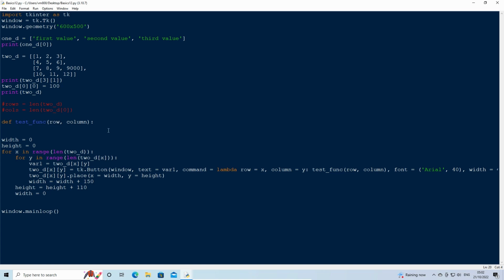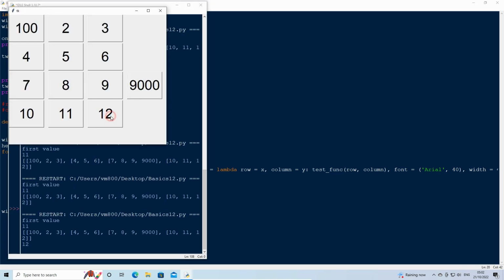Now type print(2_d[row][column].cget('text')). What this code does is it prints to the shell window the value of whatever text is in the current button pressed, by using the cget method and referring to our two-dimensional button name. If we run the code now, we can see that, whenever we press a button, the button's text is printed